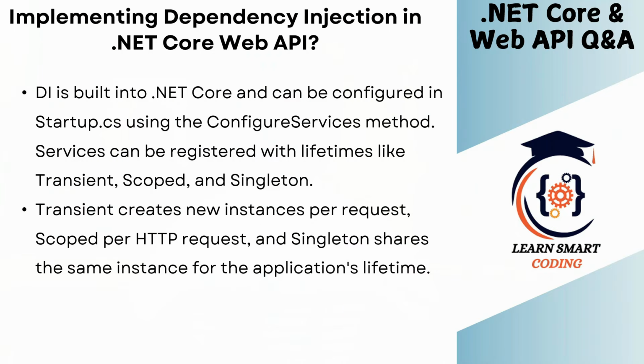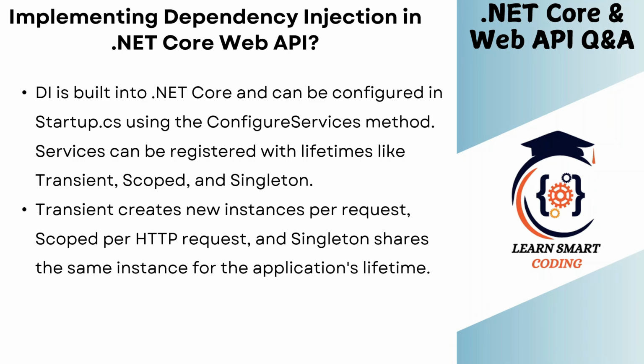Alright, so the first and important concept is somebody is going to ask you about implementing dependency injection in .NET Core Web API. So your answer could be like this. DI is already built into .NET Core and can be configured in startup.cs using the ConfigureServices method. Now, the follow-up question could be, okay, fine, what kinds of lifetime can be registered? If they ask you, then the answer is services can be registered with 3 types of lifetime: transient, scoped,